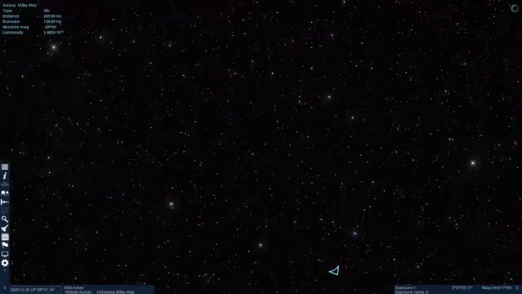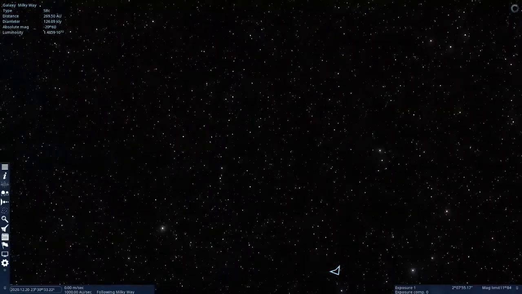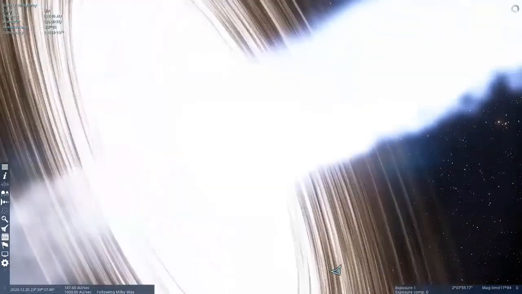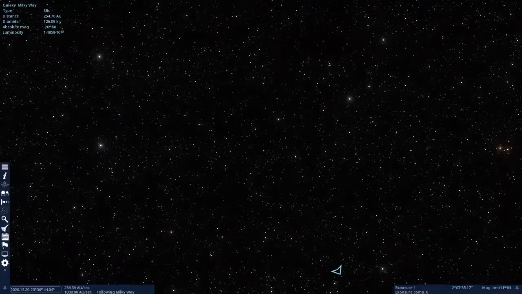What I was trying to do is before. All right, we have to remember we're in the vicinity of a black hole, so things are very strange. And they might be strange because of the physics, or they might be strange because of the modeling of the physics. But somehow previously I was able to get in here and actually see the black hole itself. I'm trying to do that right now.